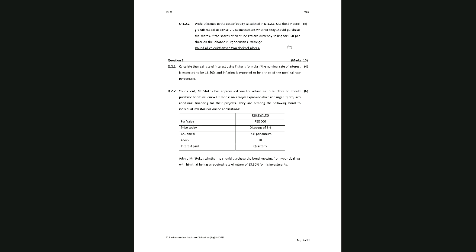Ma'am, with reference to that, on page 126 you have two different growth models. One is constant growth and the other is variable growth. According to the question, they specifically point you towards the constant growth. But if you try to calculate the growth rate, you can see that there is no constant growth between the years. Do you then try and calculate a weighted average growth rate?